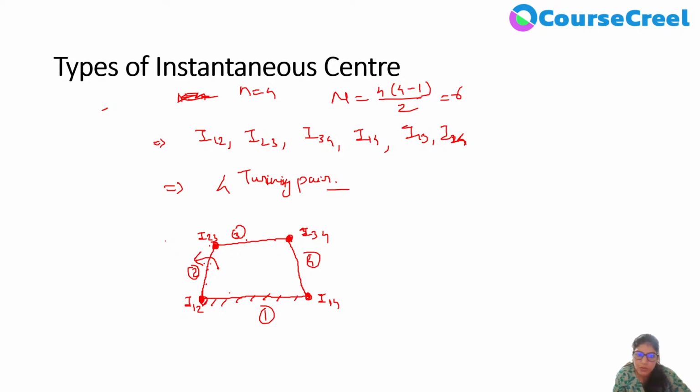Similarly, for 3 and 4, this is applicable. So suppose this link is moving, so this link 4 can be moved. So it can have oscillatory motion. So I34 will be on the joint of 3 and 4, but it will define, we will define this as